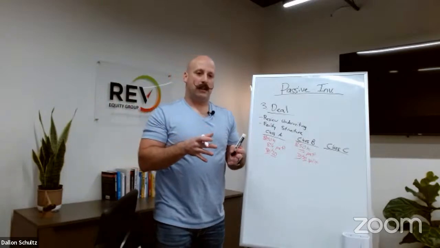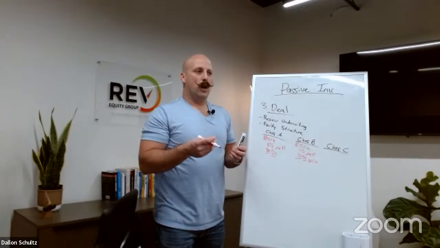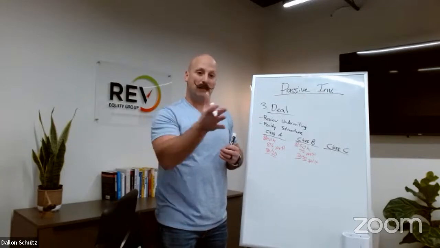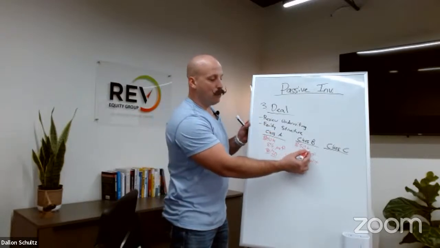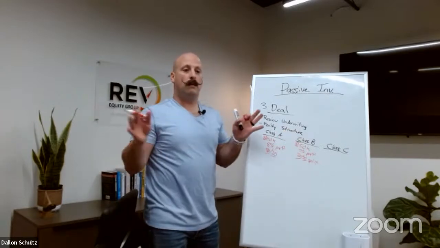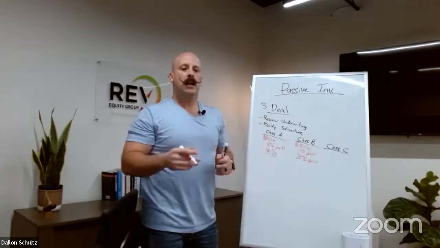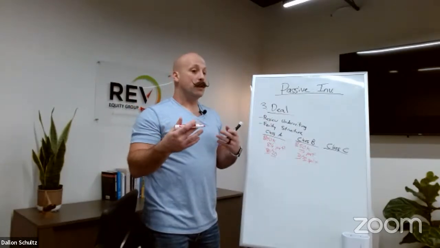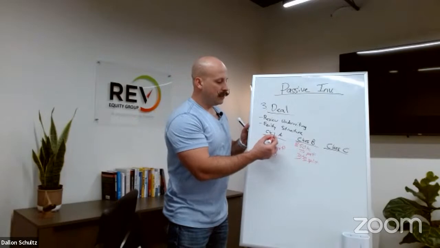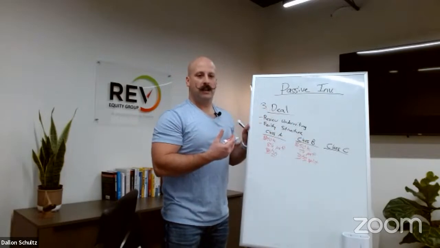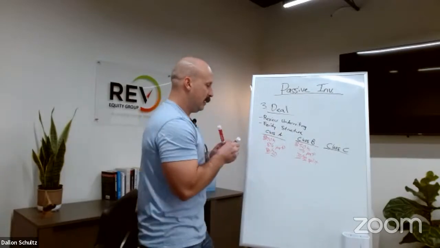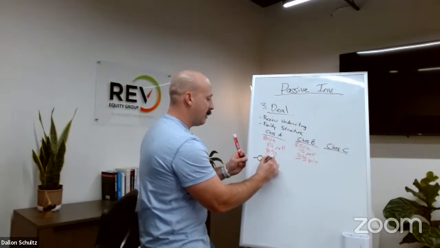If somebody's putting up $500,000 into the deal, as an operator, how are you incentivizing them? How are you giving them preferential treatment since they're putting up so much more capital? Are you going to treat them the same way as your $50,000 investor? Maybe, and some people do that. It doesn't matter how much money they put in, they're like, this is what it is. So again, look for that. If you're looking to put up a few hundred thousand dollars into an apartment investment or syndication, you might want to look for something that has different tiers so that you get some preferential treatment. And along with this, another thing you'll want to look at is the capital stack.